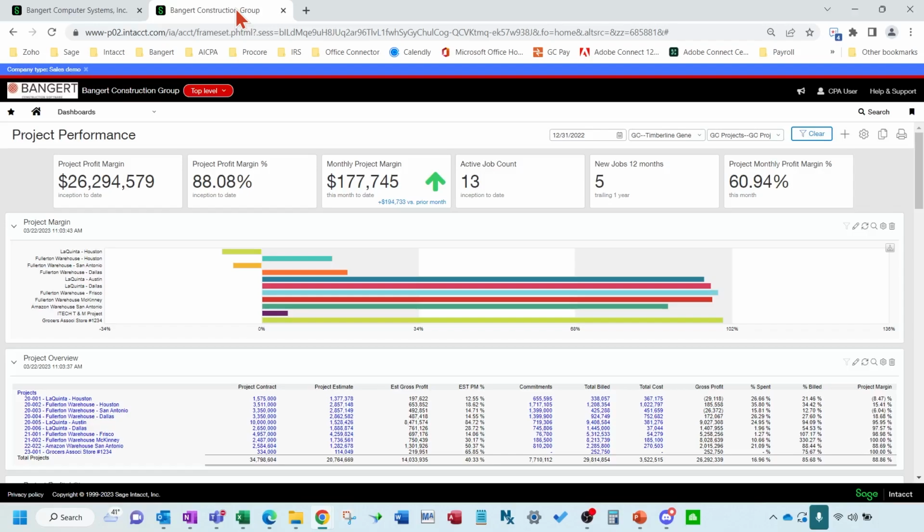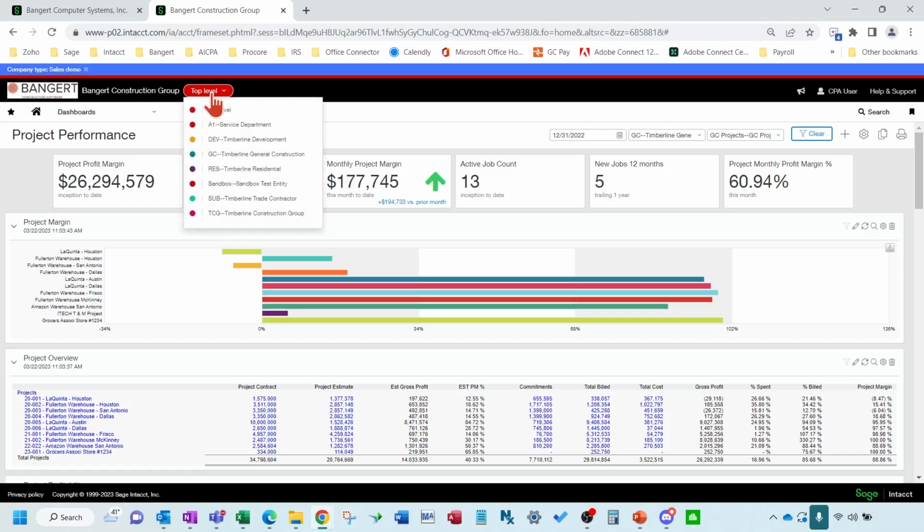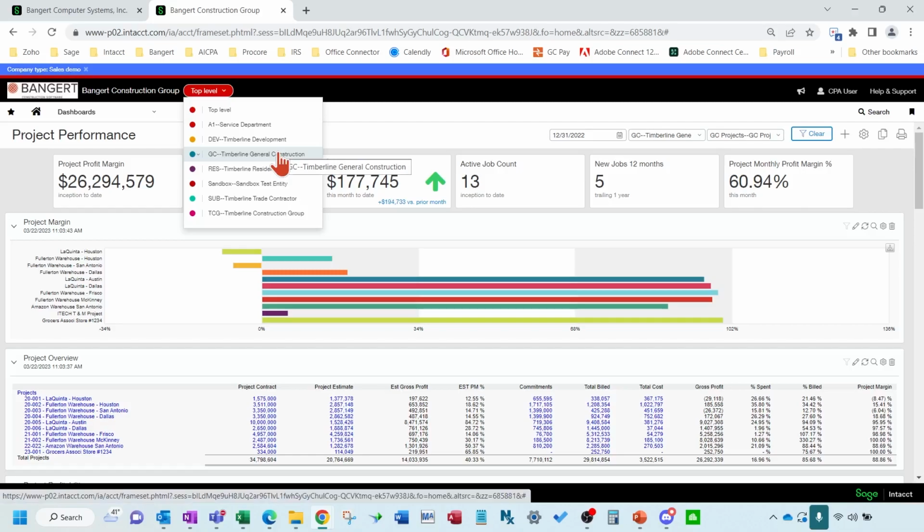Okay, so let's jump in to Intacct. And as you can see, I'm on my dashboard after I logged in at the top level, but I'm going to go into my general construction entity.